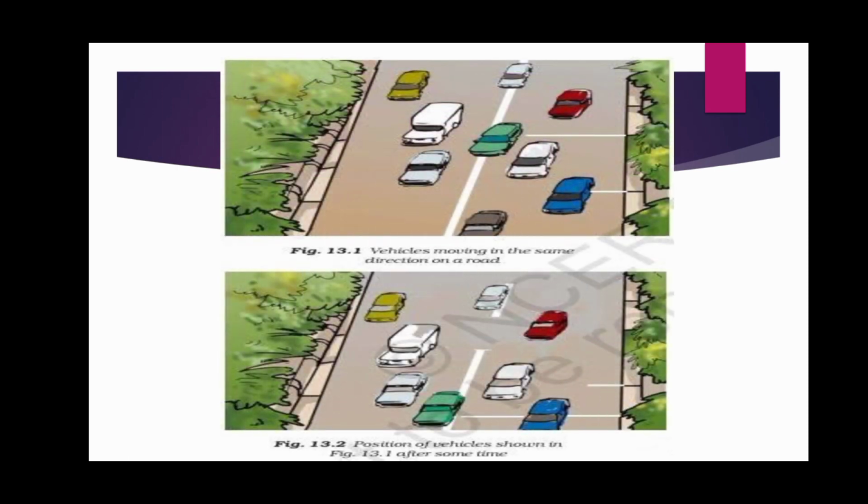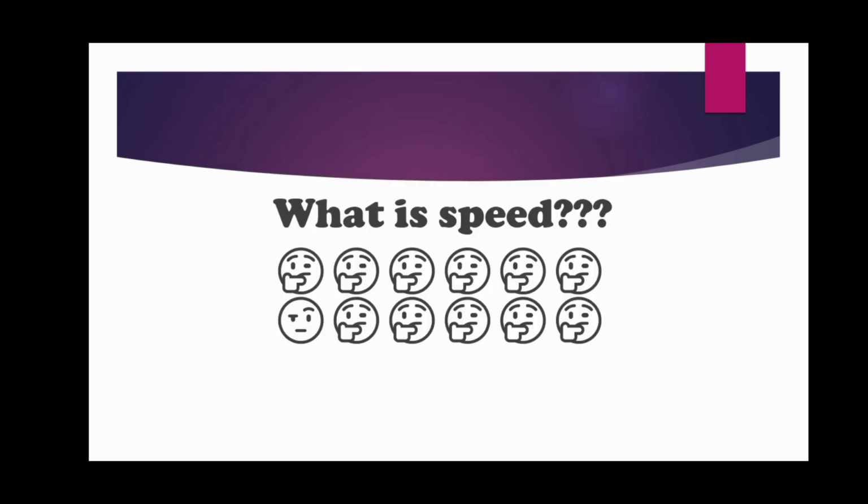You are probably familiar with the word speed. In the examples given here, a higher speed seems to indicate that a given distance has been covered in a shorter time, or a larger distance covered in a given time. The most convenient way to find out which of two or more objects is moving faster is to compare the distances moved by them in a unit time. Thus, if we know the distance covered by two buses in 1 hour, we can tell which one is slower.